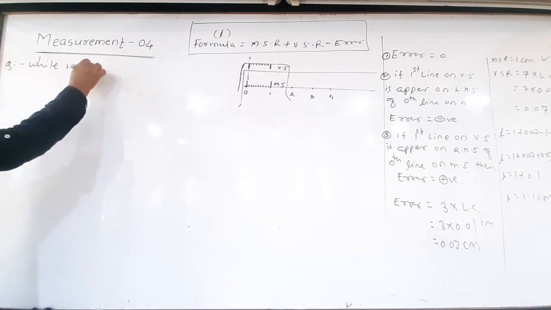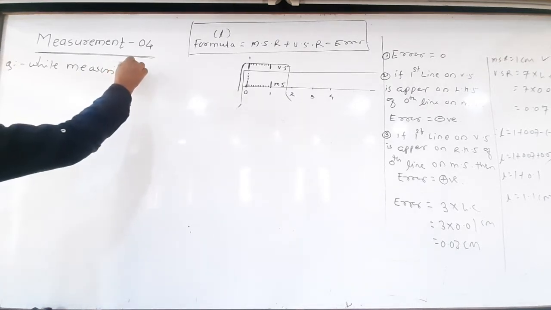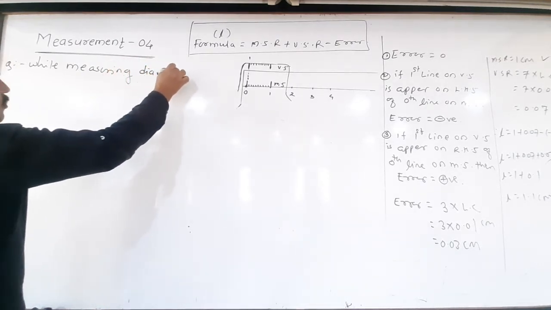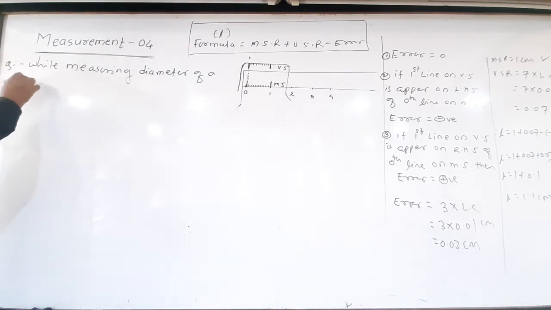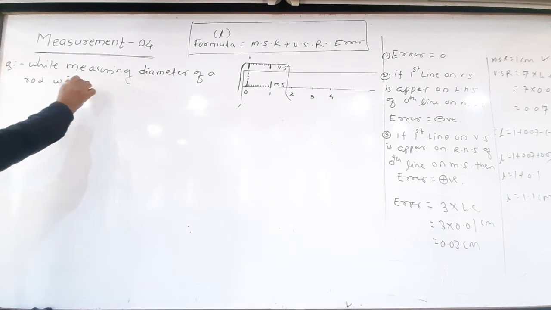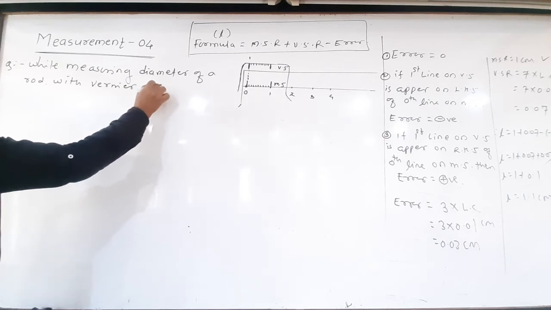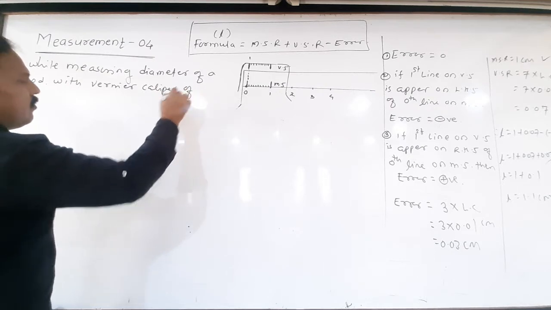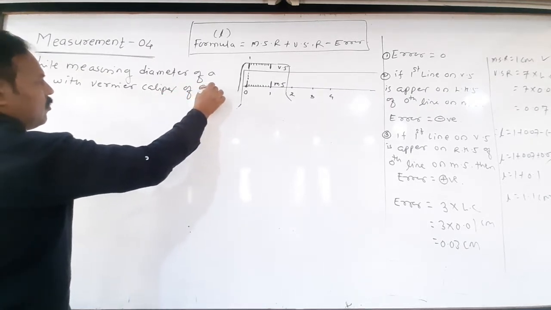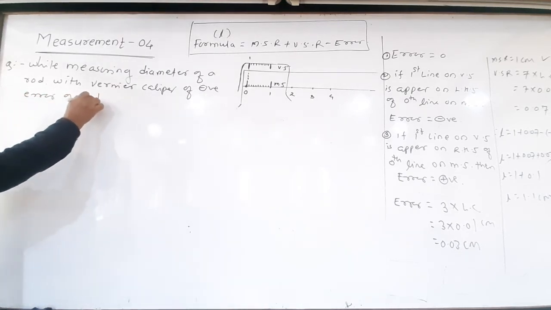While measuring the diameter of a rod with a vernier caliper of negative error of 3 divisions,